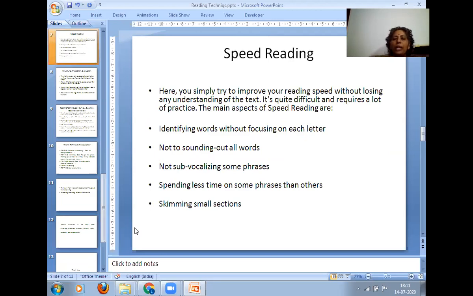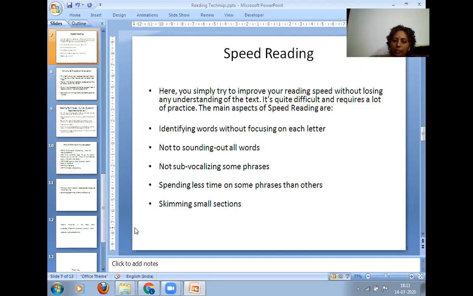Here you simply try to improve your reading speed without losing any understanding of the text. It's quite difficult and requires a lot of practice. The main aspect of speed reading is identifying words without focusing on each one: not sounding out all words, not subvocalizing, spending less time on some phrases than others.